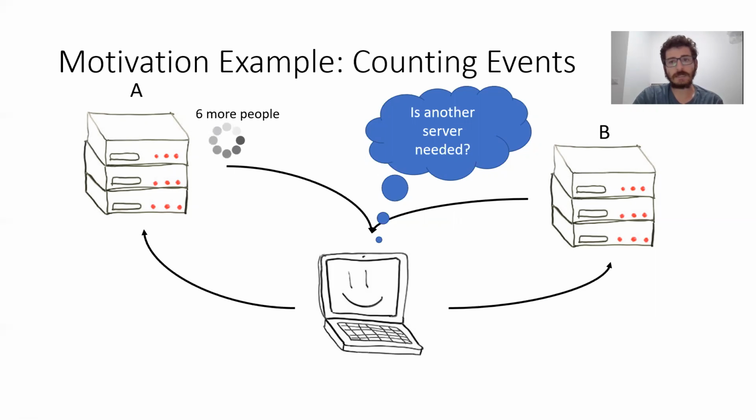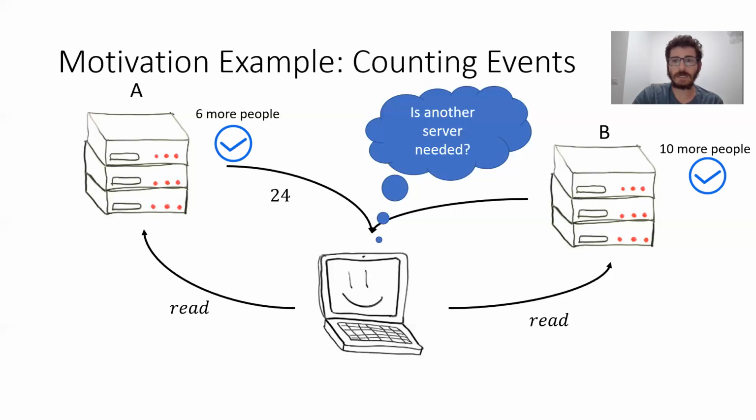Server A begins handling these requests and begins updating its inner counters. The controller reads the analytical counter from server A. Server A hasn't yet updated it fully, and therefore returns 24. Server A then finishes handling these 6 people requests. Meanwhile, 10 people begin connecting to server B. The controller then goes to server B and asks it to tell it how many people are connected to it.